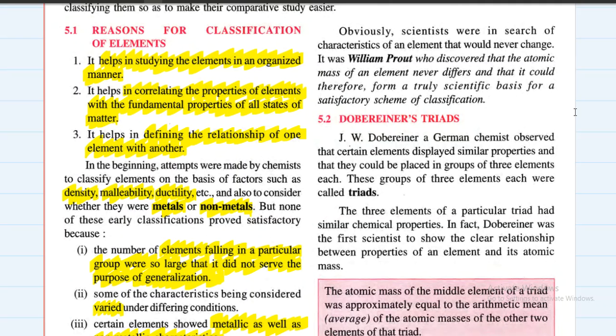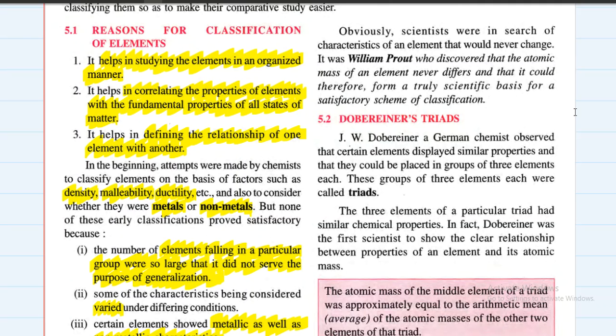Atomic number तुम सबको पता है. Atomic number क्या होता है? Atomic number is the number of protons or the number of electrons present in one atom of any element. But electron proton का कोई पता ही नहीं था. What was known